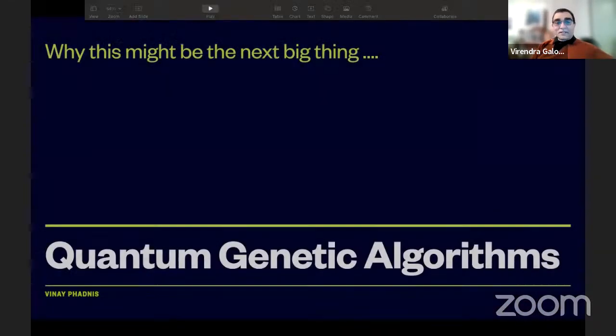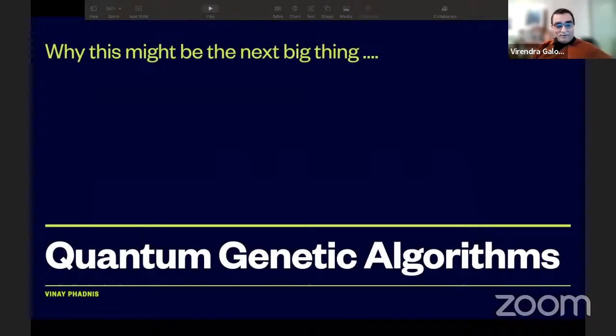And of course, coming to today's topic, we have a very learned friend, Vinay Phadnis, in the area, who is going to basically bridge us between AI, ML, and essentially focusing on genetic optimization acceleration using a quantum annealer. Today he aims at providing a very basic understanding of how genetic algorithms work and solving simple logic problems.